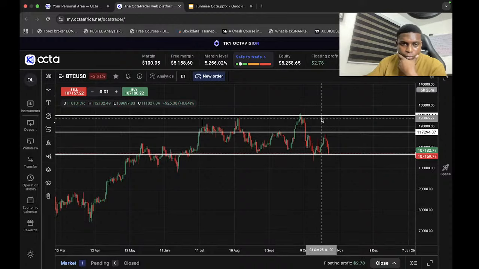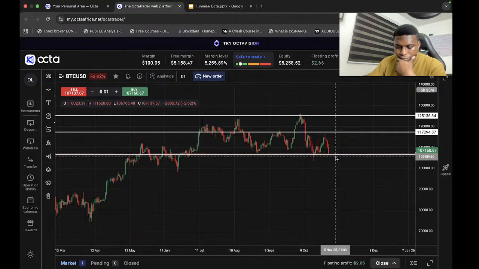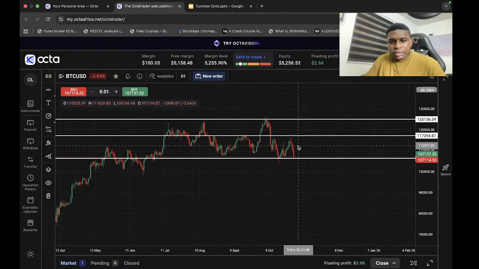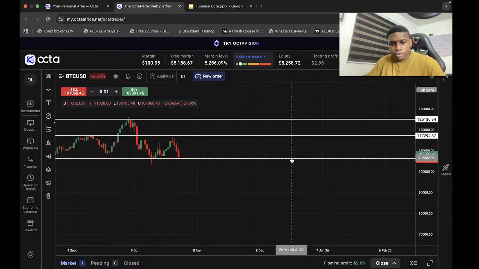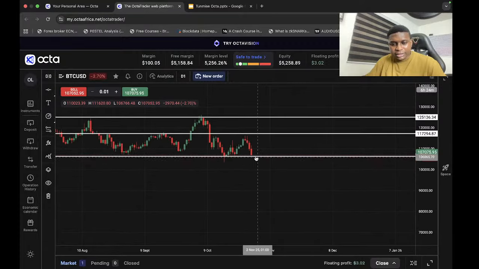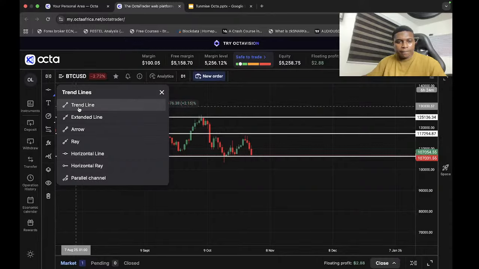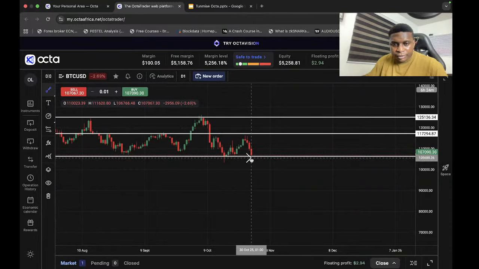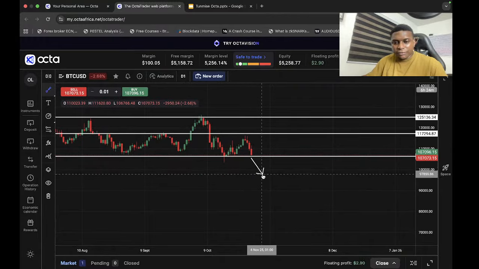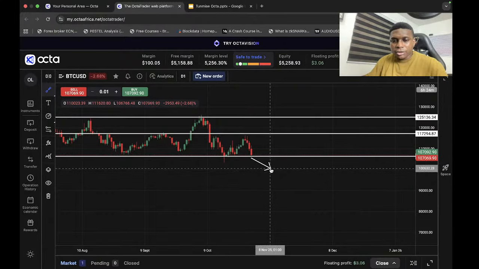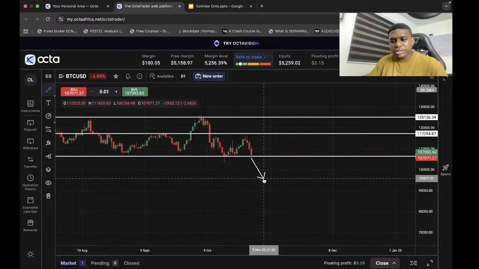We can see that price is going down at this level. There is a high likelihood that if price breaks out of this level, we might see a continuous drop in price, possibly touching the